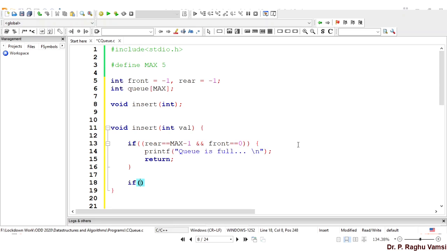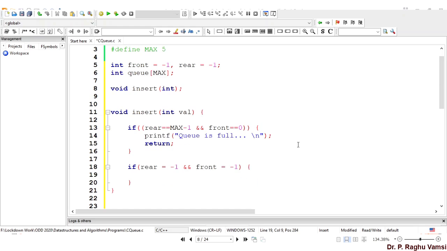In case if rear is equal to -1 and front is equal to -1, then initialize both front and rear. Front is equal to rear is equal to 0 and queue of rear is equal to value.